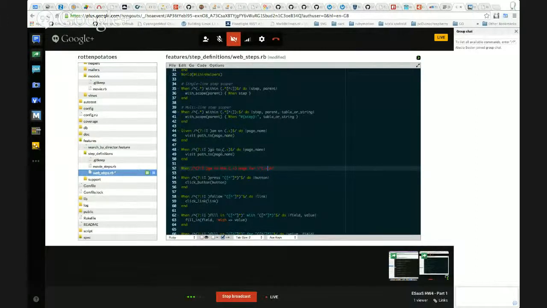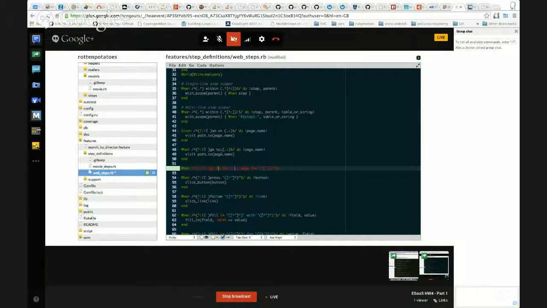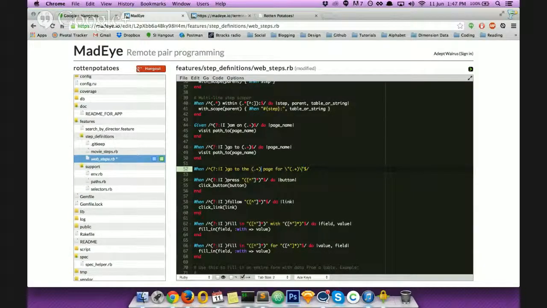Did I enter something wrong here? Oh, yeah, I forgot that. What did I enter wrong there that's causing it to go red? When I type go to the plus page for